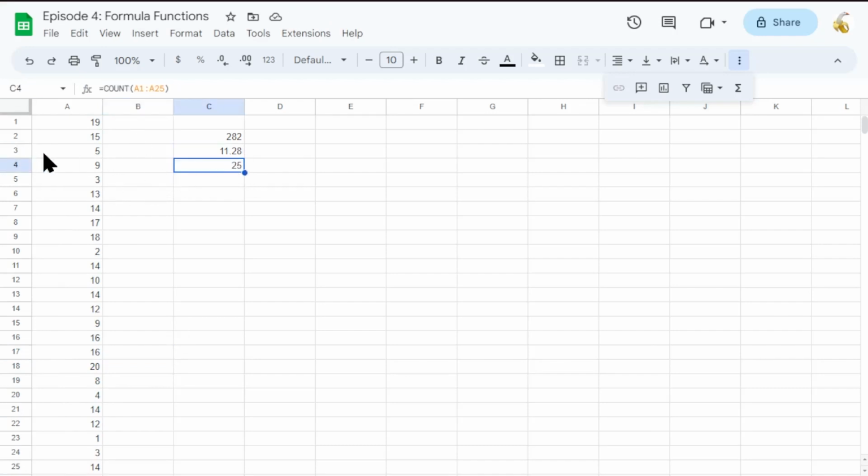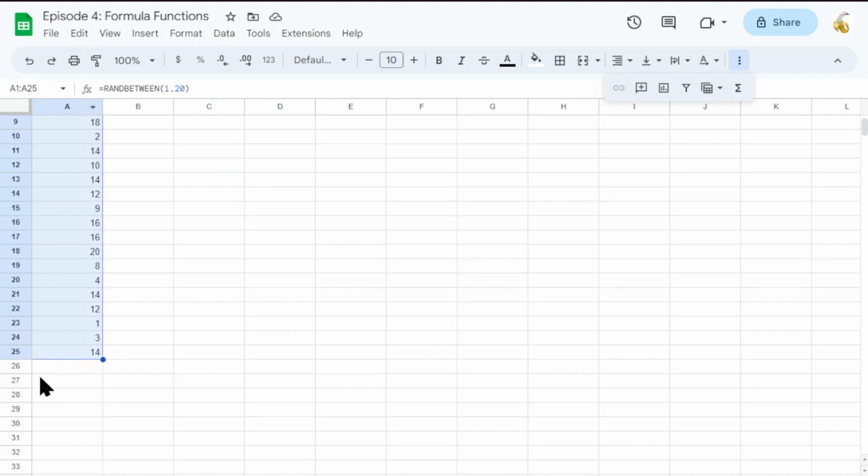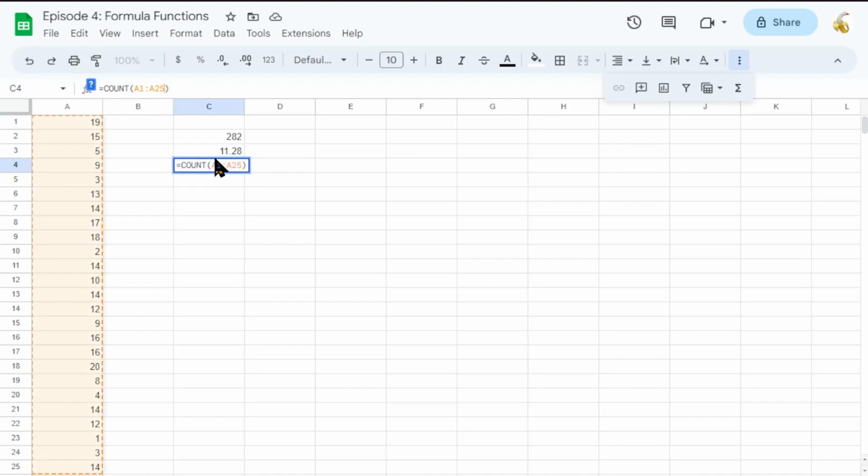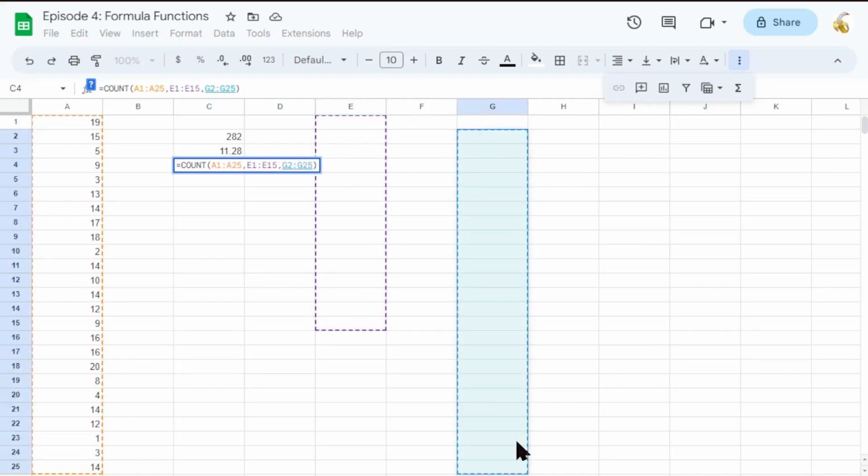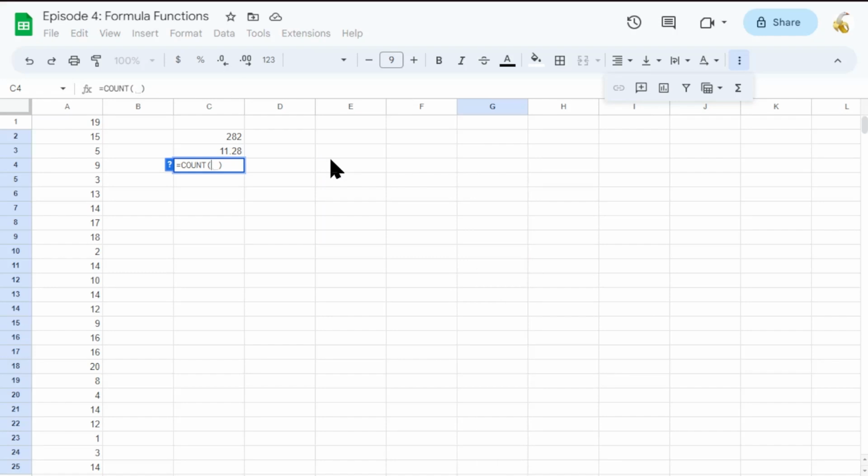So now you may be thinking, why do I need that? Because that's pretty easy to get. You can just scroll down and see how many rows. Well, firstly, as we mentioned earlier, you can have multiple arguments in this. So say you were to select multiple data sets, yes, and you wanted to count across all of them. That may be tedious to do by hand. And also, well, you haven't seen all of it yet, because there's something real special about this count function, and it is